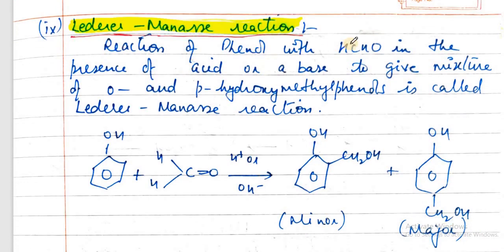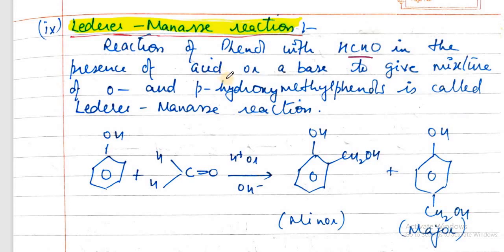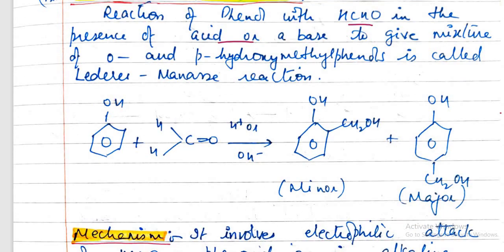That is, when phenol is treated with formaldehyde in the presence of acid or base, then we get CH2OH groups at the ortho and para positions, that is, ortho and para hydroxymethyl phenols. And these are further used in polymerization, where these ortho products polymerize to the Novolac polymer, and these both cross-link to form a well-known polymer, that is Bakelite. But here we will not be concerned with those polymers.